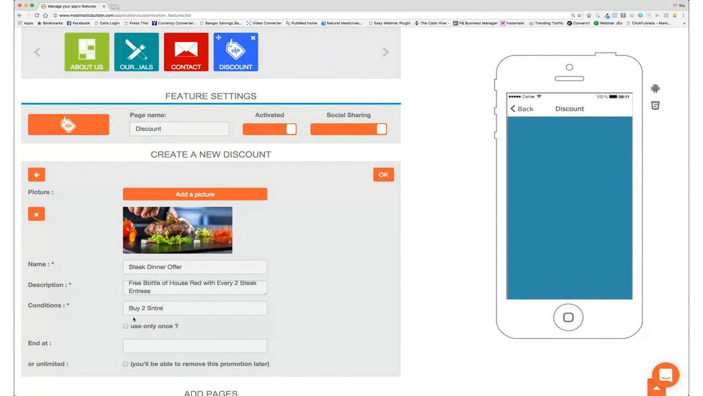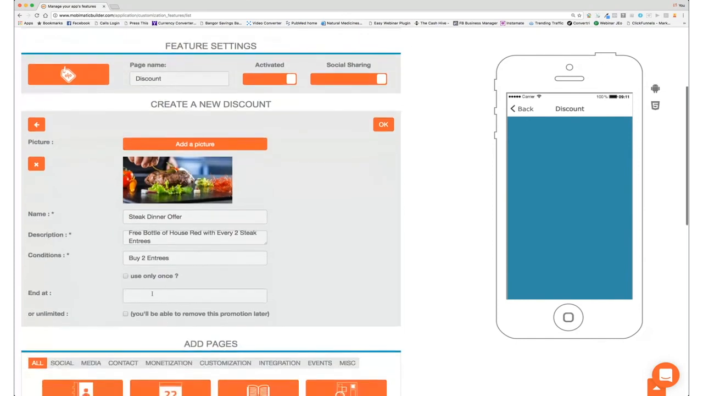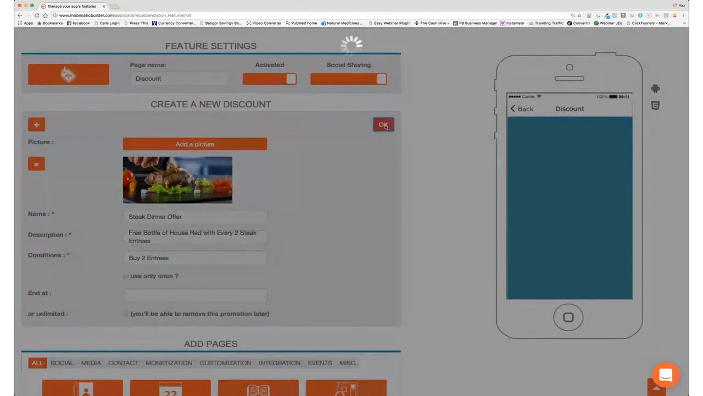And you can choose to make them only use this once, or you can choose to have it expiring at a certain time. If you don't choose that, you have to tell them when it's going to expire. Okay, you're going to have to physically remove it. But if I just OK that now,